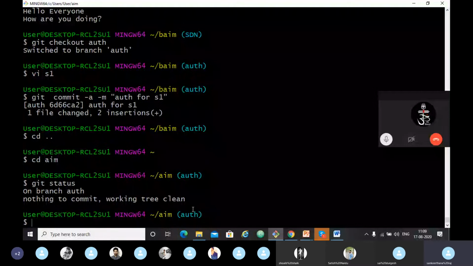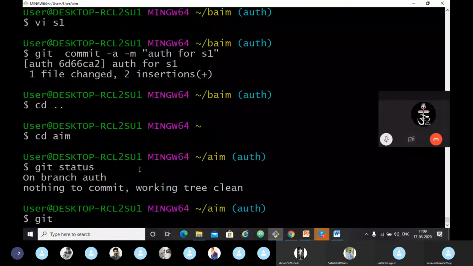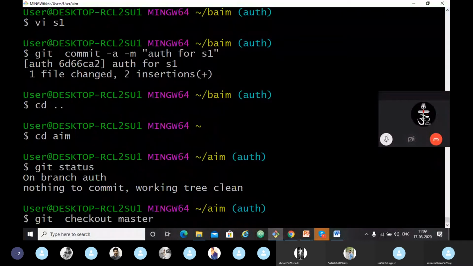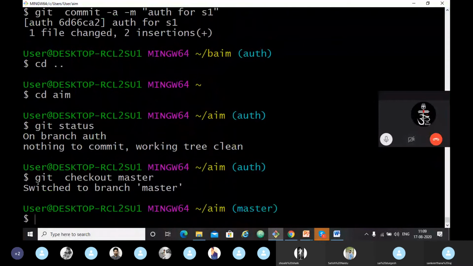Now let's go to the master branch. For that, we need to type the command git checkout master. We have switched to the master branch now.